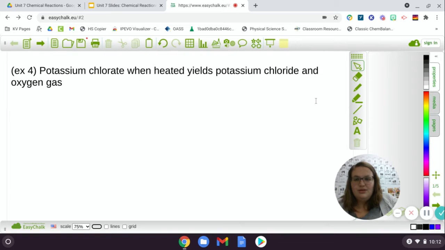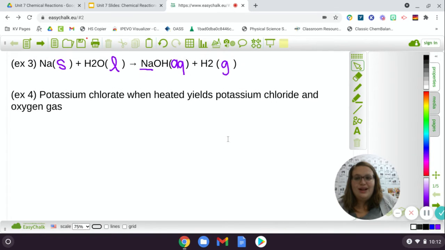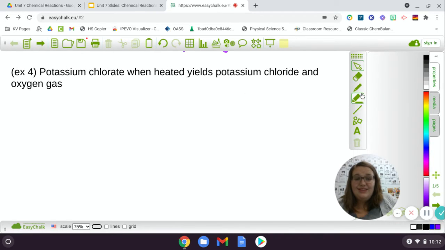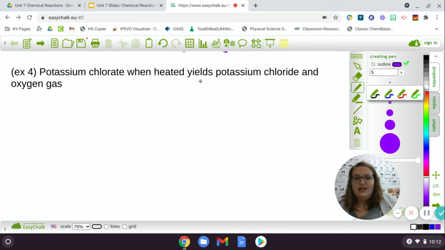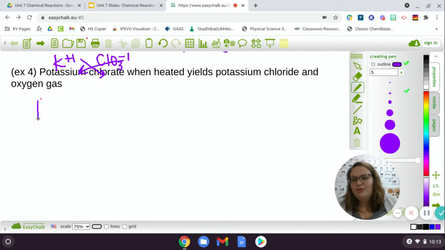All right, this one we're going to have to actually write out the problem, and then we're going to figure out our phase notations. So it says potassium chlorate, when heated, yields potassium chloride and oxygen gas. So potassium chlorate. Potassium is K. It's in group 1, so it's K+. Chlorate is ClO3 with a 1 minus. So if I crisscross that, my formula for potassium chlorate is